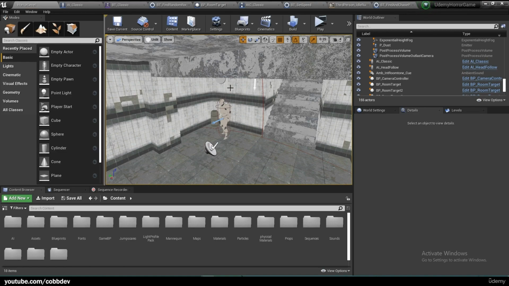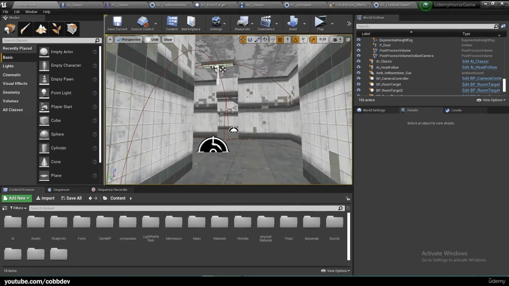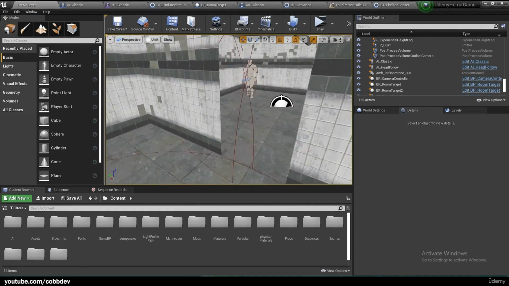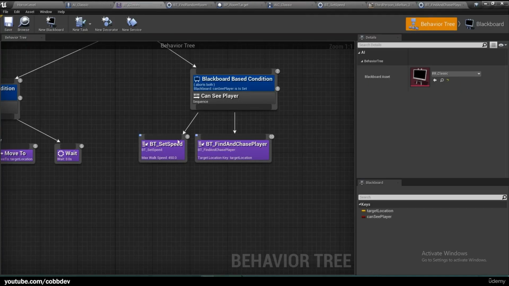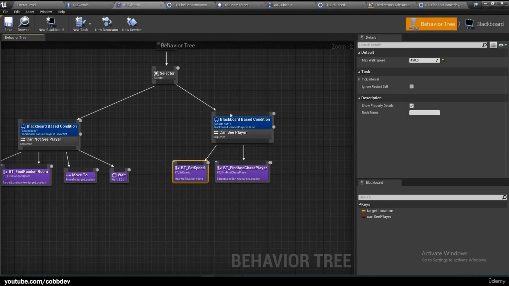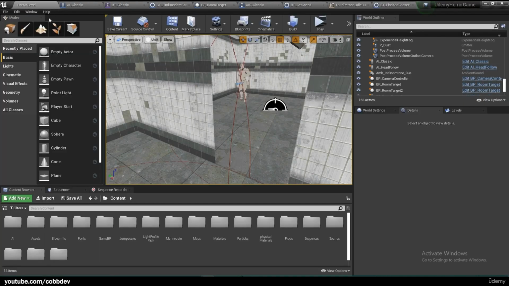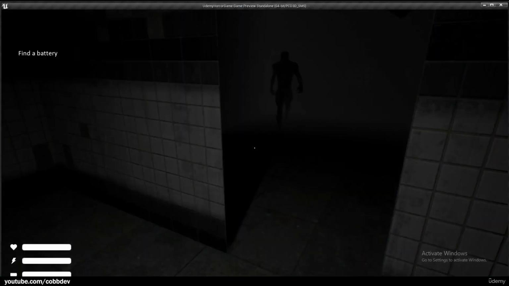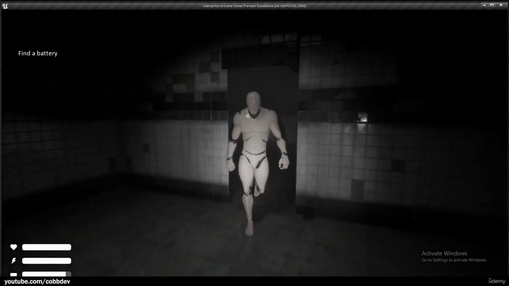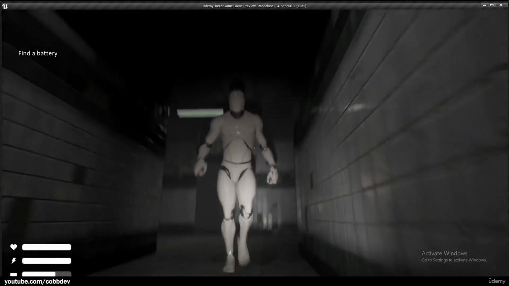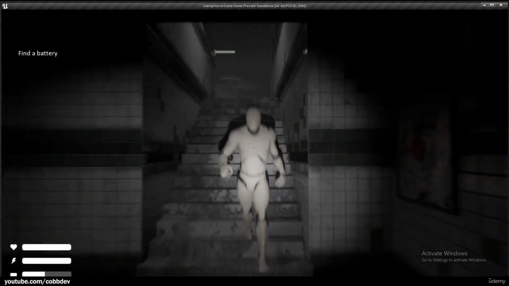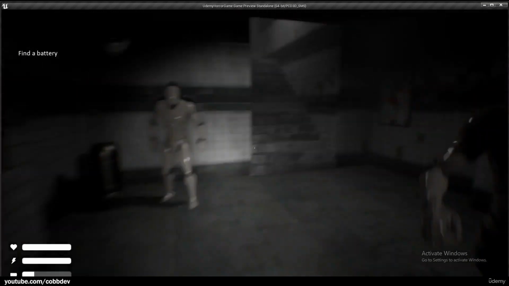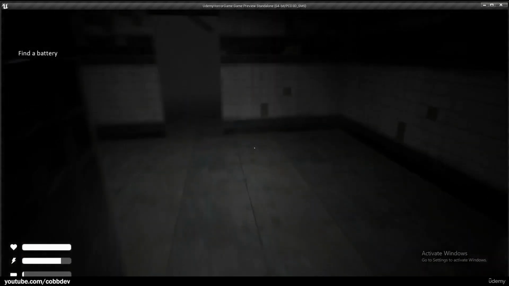To test this out, it's a little hard in such a small space because he chases you so well. So I'm going to change his run speed when he chases us to 225 as well, just so it'll be a little easier to get away from him because it'll be going slower. You can see he sees us immediately and he's chasing us. But as soon as we get out of sight, he should go back to wandering. So I'm going to just go around him real quick,